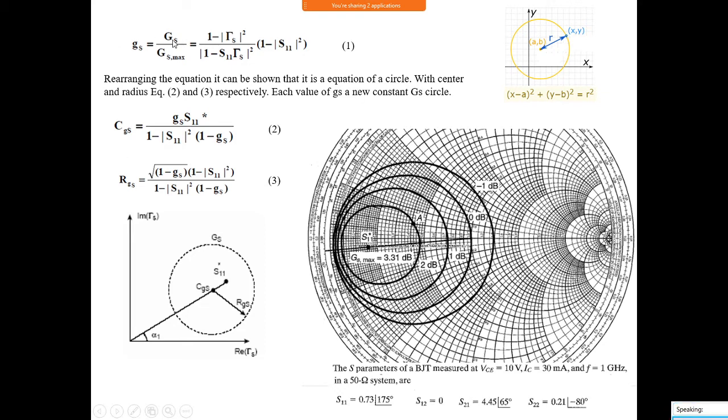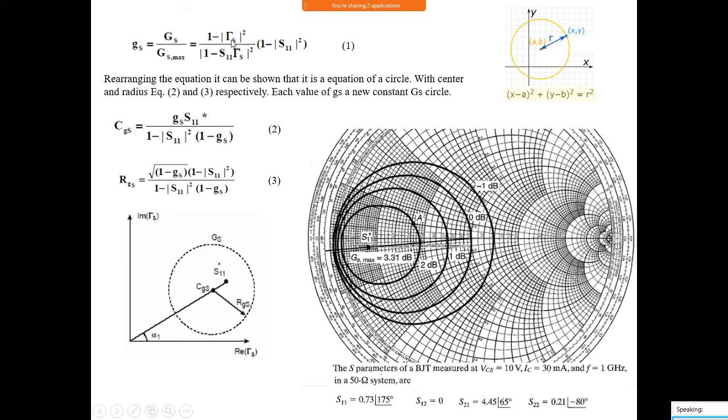See, now I want again Gs equal to 2 dB. Gs maximum is 2.92 dB. You take that ratio, and the left hand side is this. So you draw that on the Smith chart. By taking the required value of 2 dB on the right hand side, and the left hand side here, if you vary and change the value of the real or imaginary term of zs, we will observe that it forms a circle like this.